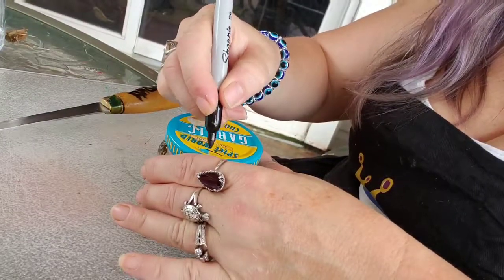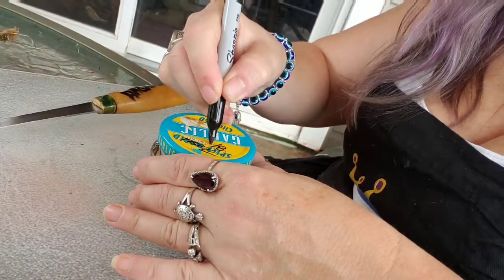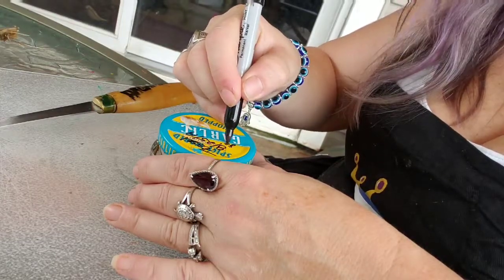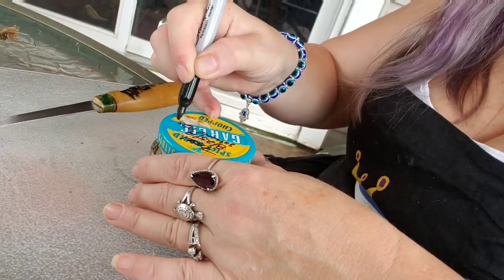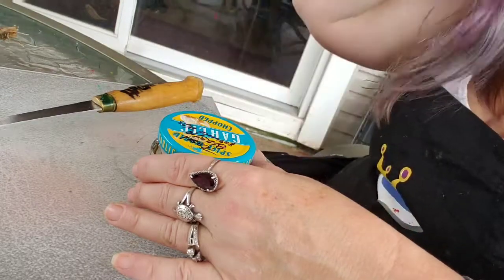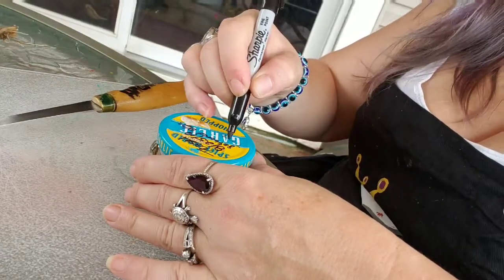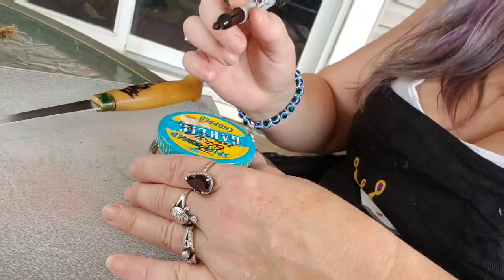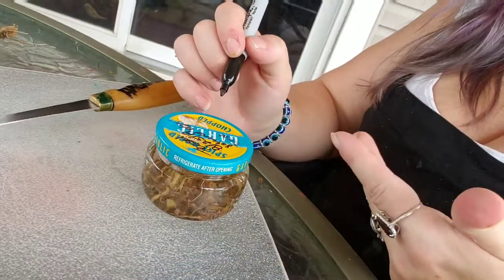So we're going to mark this as teasel. I'm going to put today's date on it, because that's when it was made. I'm going to put the gathered date on it, because sometimes you gather it a day or 2 before you make the extract. And then I'm going to put the done date. Most extracts sit for about 6 months. Sometimes you can have them done a little sooner. So 6 months, we're looking at...